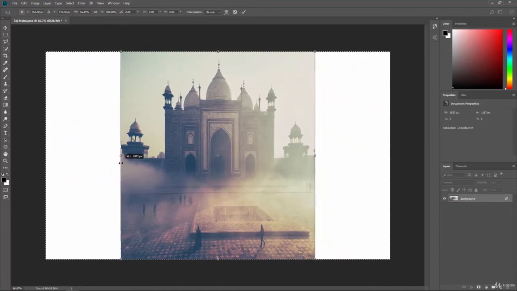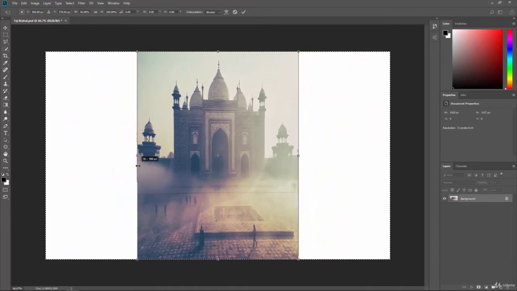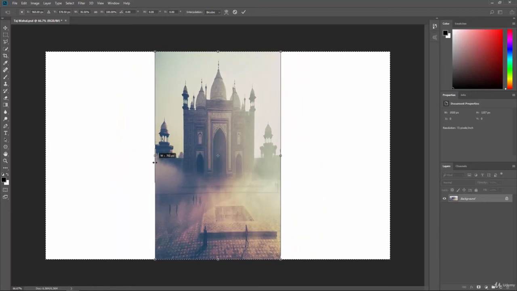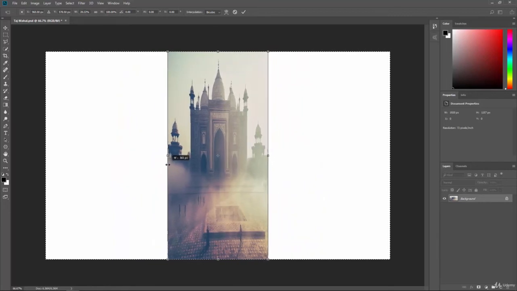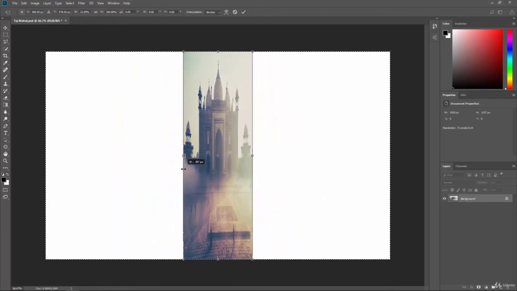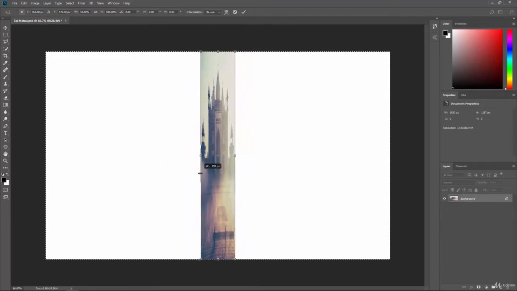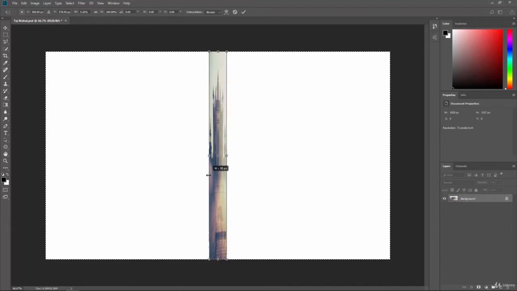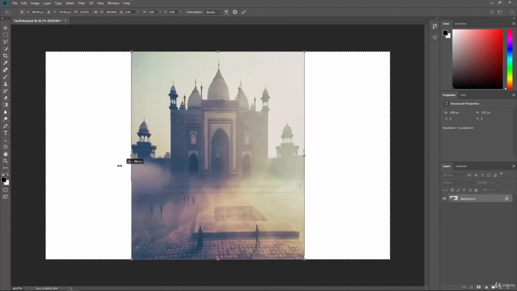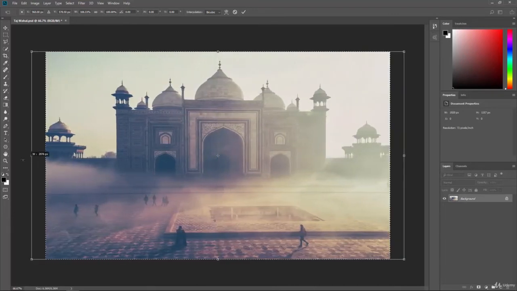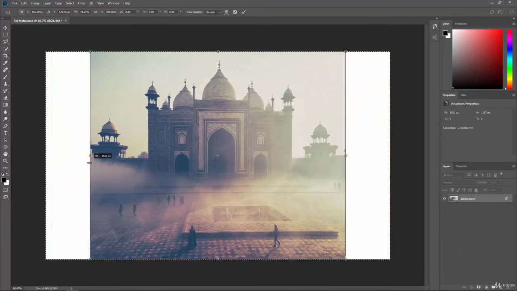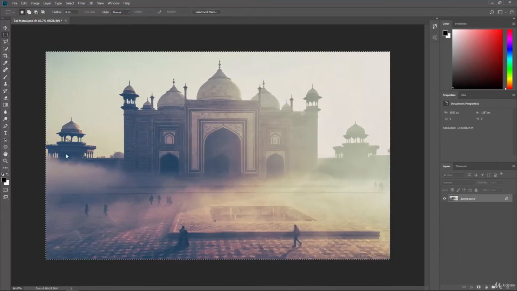Now, as I begin using the regular scale tool, I want you to watch the people and see what's happening to them. They're basically getting thinner and thinner and thinner because we're applying a uniform scale across the whole document. And we know if we squash and stretch things that the people are going to look thinner and smaller until it almost becomes a line at one point. So I'm going to undo that,